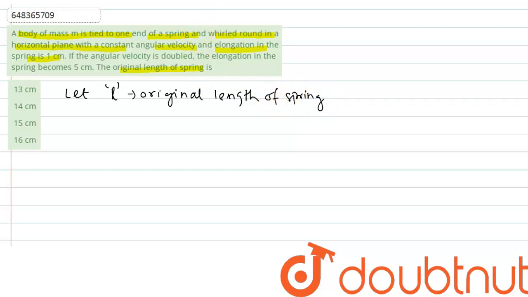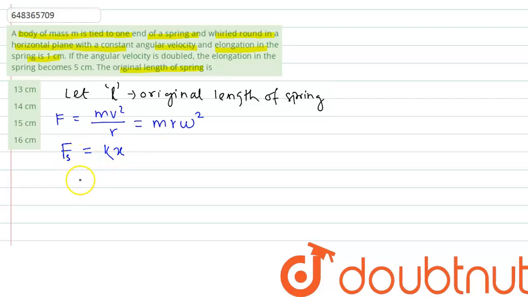So now there is a centripetal force acting on the spring, that is F is equal to mv square divided by r. This will be m r into angular velocity omega square. So this is the equation we know. But when the spring is elongated, there is a restoring force. This force is due to the spring, which is equal to k into x, where x is the elongation. So now we can write these two will be equal after the elongation.